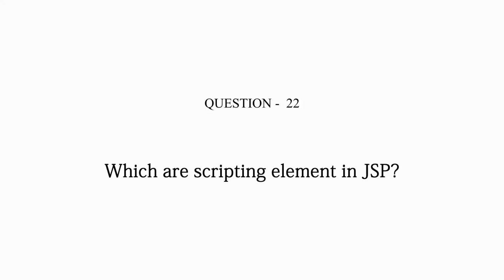Which are the scripting elements in JSP? There are basically five scripting elements in JSP. The first one is the comment, in which we generally put comments. This is not read by the compiler, and that is what the scripting tag comment means. Then we have a directive, which means angular brackets with a percentage tag. After that you can import a number of classes using @ and so on. Then we have a declaration tag as well.